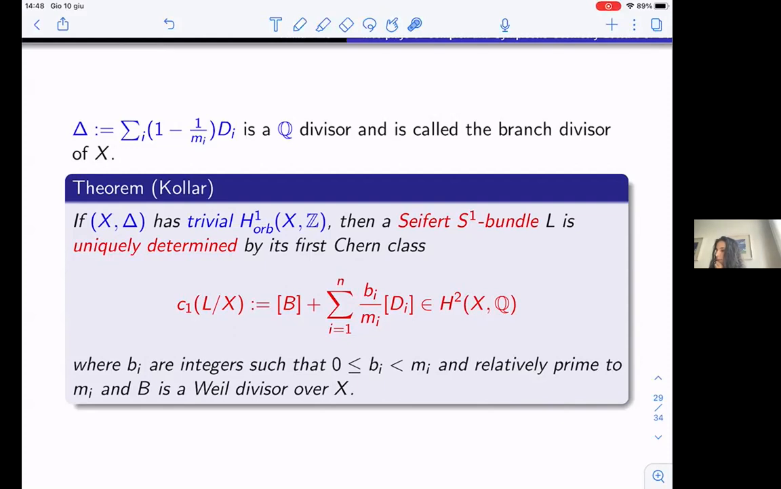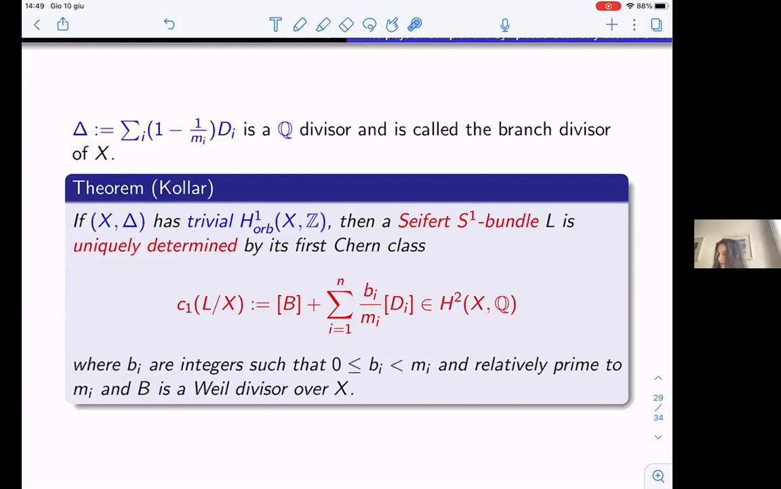And the idea is the following: the Seifert S1 bundle is uniquely determined by what is called the first Chern class, which is given by this. Essentially, we take the Y divisor over X, and we associate the holomorphic line bundle, and then we take the first Chern class. That is exactly the class that you can view as a rational class, in fact. And then you have a combination of your class determined by Di, and here what you have is some integer number, Bi, which are relatively prime to Mi. So the nice thing in this picture is everything is determined. In fact, you can see from here, from a choice of Y divisor and these integers,